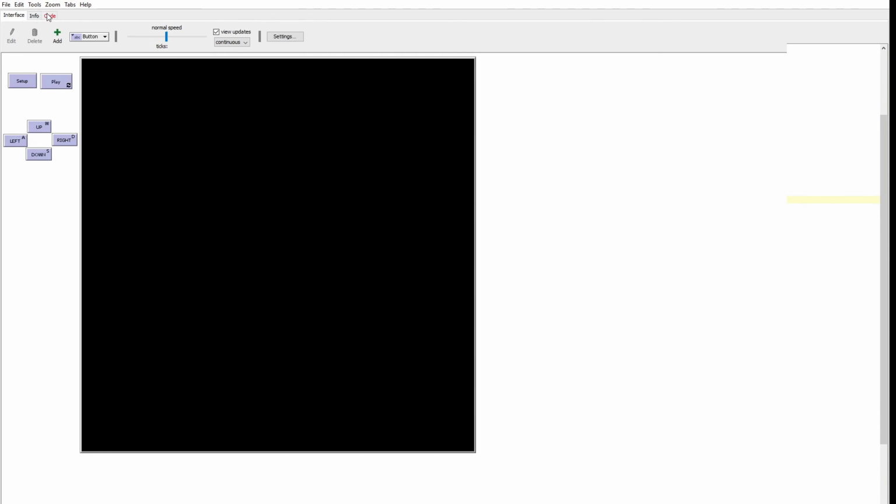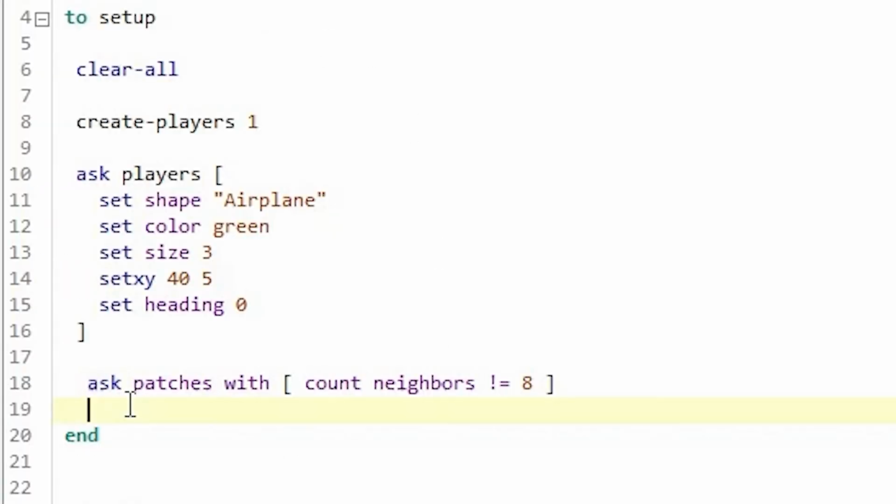So in the code we are saying, ask all the patches, and if they have neighbors not equal to 8, then set the p color, which is patch color, to blue. We can give any color, but for this game, I'm going to use blue.